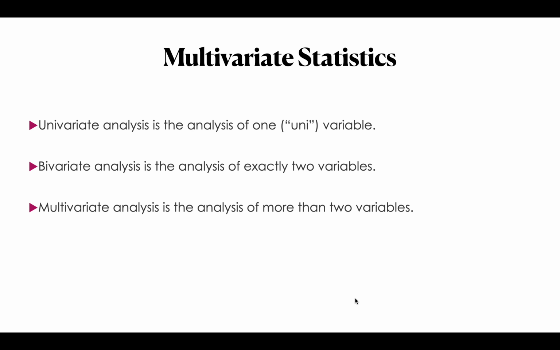Okay, so until now we have studied univariate statistics and bivariate statistics. Now, moving on, we will see what multivariate statistics is. These things are very correlated with each other. It's not such a big difference that it is difficult to understand. In univariate statistics we have one variable, as the name says, uni. And in bivariate analysis we have exactly two variables that we do the comparison between.